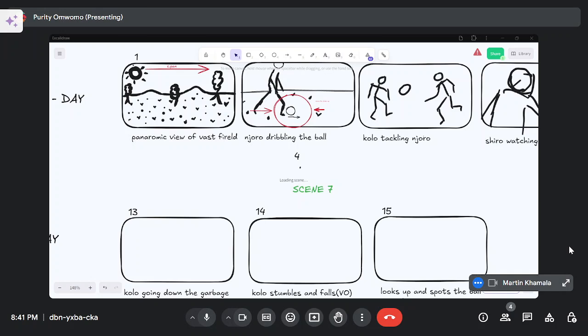What if, instead of saying help, we see Kolo trying to act like he cares about his brother coming in where the ants are, but Njoro doesn't actually seem to care about the presence of the ants. So instead of him going help, they're everywhere, maybe he could be like careful, they're everywhere. But then Njoro doesn't care. What do you say, Nicholas?